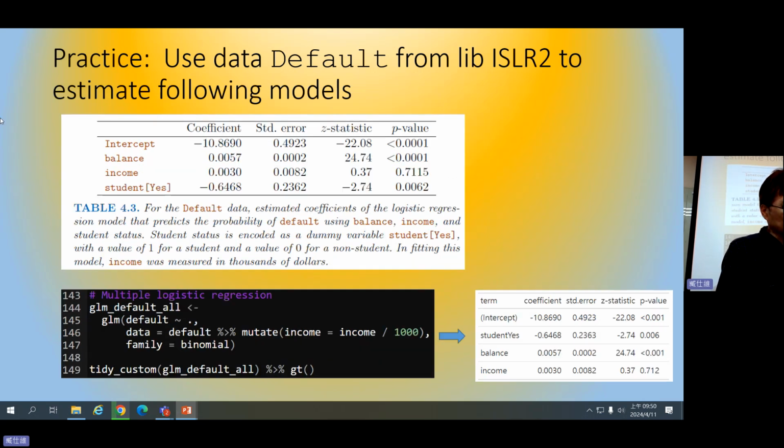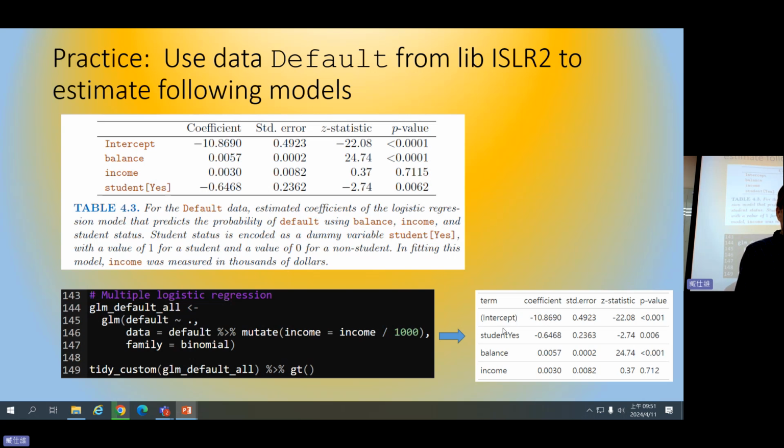And then we can also include more variables in table 4.3. So you can see in table 4.3, now we include more variables. We have balance, income, and the student, okay? So in this case, we can generate the tables down below here and at the bottom right here.